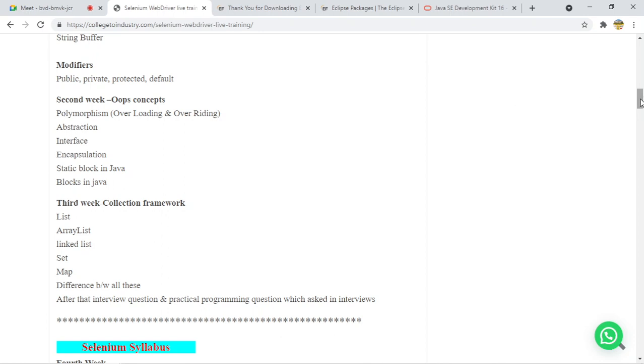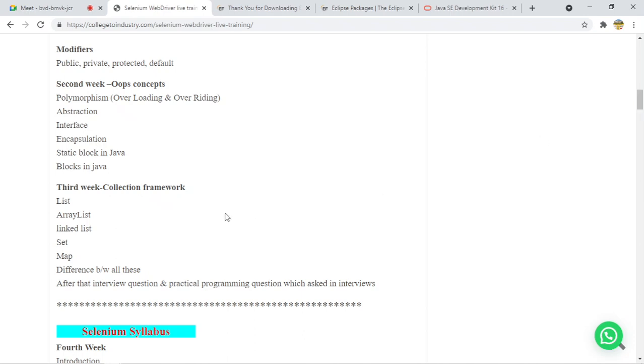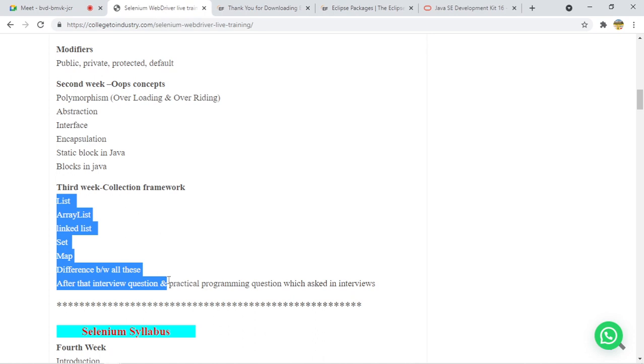But this is some high level, what I'm trying to tell you, a high level of the course. So after that, the collection framework. This is again very important. And whatever concepts we learn here, we are going to use in Selenium, right? That's the reason we are first covering Java, because unless you have good knowledge about Java, you will face issues writing Selenium code. So we will see all that in detail as well, right?